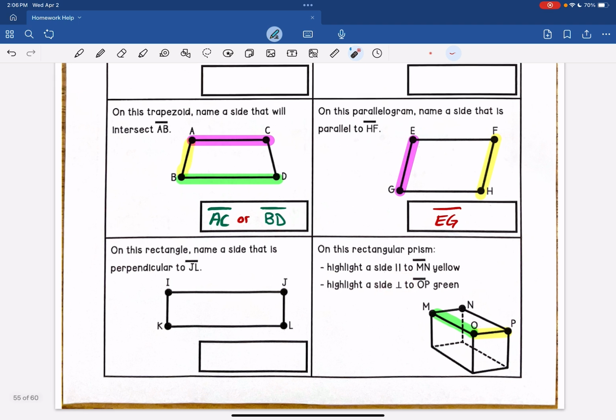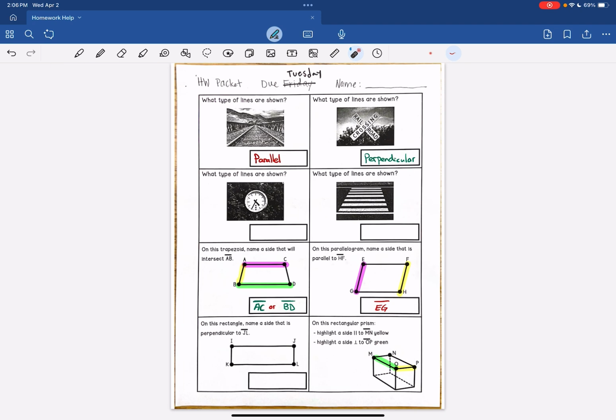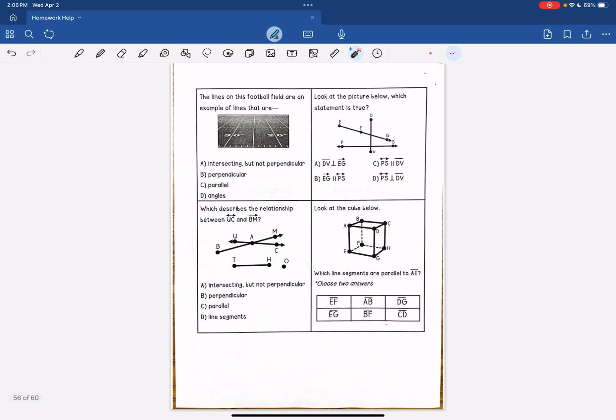All right, just remember that these two lines will mean parallel, and these two lines will mean perpendicular. So when you see these symbols, now you know what they mean. All right. We're going to take a look at the back side of this page and keep going with a